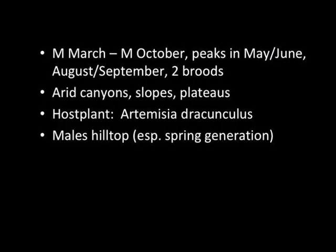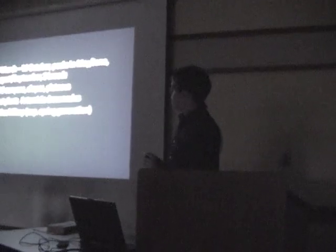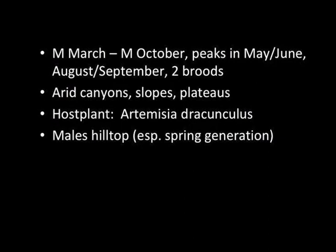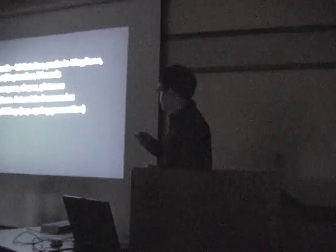So mid-March, this is an early flying butterfly through mid-October. Has two generations. First generation peaks May through June. The second one August and September. Like I said, arid canyons, slopes, and plateaus. It will do a lot of hilltopping, especially in the spring, because it is the more uncommon of the two generations, whereas the one in August is very abundant in the right habitat, and they just cruise wherever. Because they are so abundant, they're likely to find females, whereas in the spring they will hilltop to concentrate looking for those females. Host plant is Artemisia